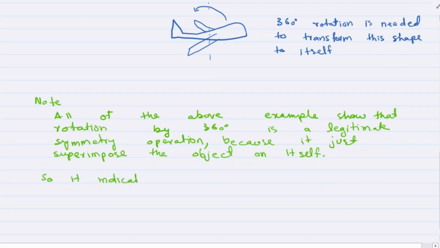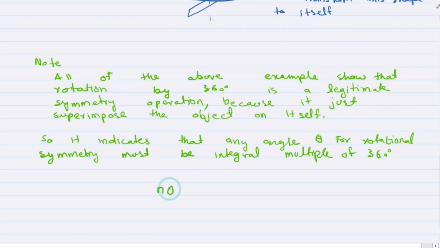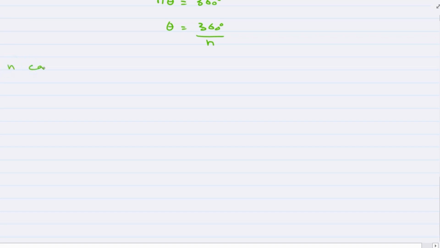So it indicates that any angle theta for rotational symmetry must be an integral multiple of 360-degree. So we can write that n theta is equal to 360-degree, or theta is equal to 360-degree divided by n. So n can have values of